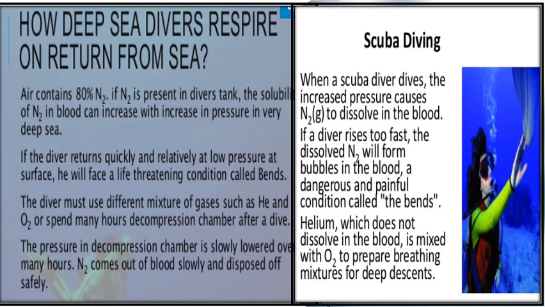तो क्या होगा, नाइट्रोजन जो है वो तो ब्लड में डिसॉल्व ऑलरेडी थी, तो वो तो ब्लड में बबल्स बनाएगी, ब्लड में बबल्स बनाएगी एंड दैट विल बिकम अ पेनफुल सिचुएशन। इसको कहते हैं देयर बेंड्स आर बीइंग प्रोड्यूस्ड। बेंड्स को अवॉइड करना है, इसलिए वो कहता है स्लो सर्फिंग विल बी डन, ठीक है। ये लाइफ थ्रेटनिंग कंडीशंस है कि ब्लड में बबल्स बन जाए, ठीक है। तो इनको स्लोली ग्रेजुअली दे कम्स अप विद व्हाट यू से द कंप्रेस्ड एयर को स्लोली रिलीज करते हुए आएंगे और फिर इनको डीकंप्रेस्ड चैनल्स में रखा जाता है जहाँ पे स्लोली ग्रेजुअली जो है नाइट्रोजन इनके ब्लड से आउट होती है, और फिर दे फील द कंफर्टेबल वन, राइट।